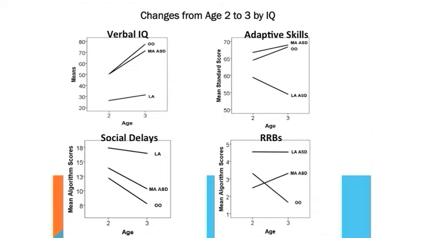And then the last thing is on the bottom left, we look at social delays, and we have a different trajectory again, which is a much more gradual change and similar across the optimal and more able kids between 2 and 3. So my point here is the social skills are not changing at the same pace as the repetitive behaviors. They're changing in a different trajectory.